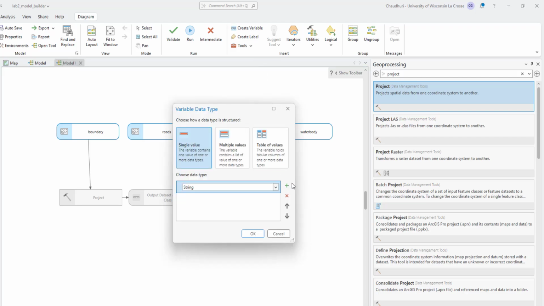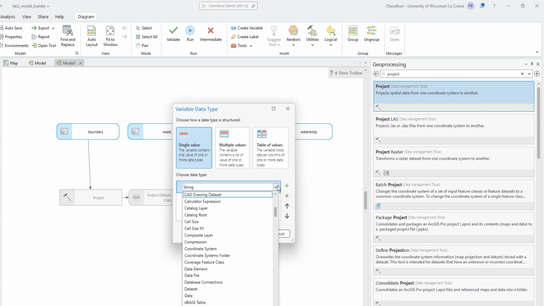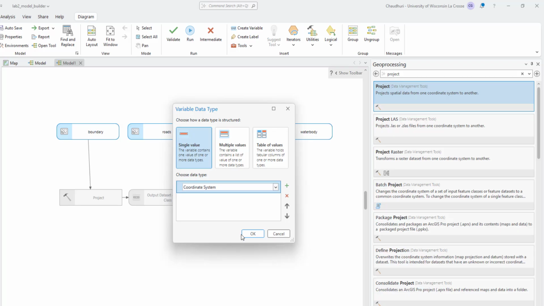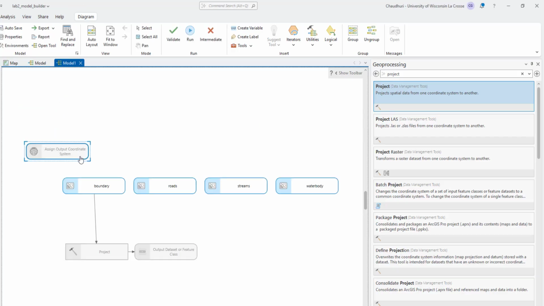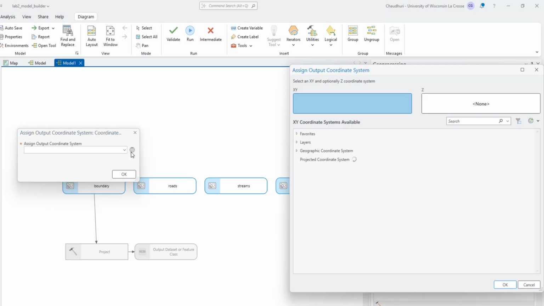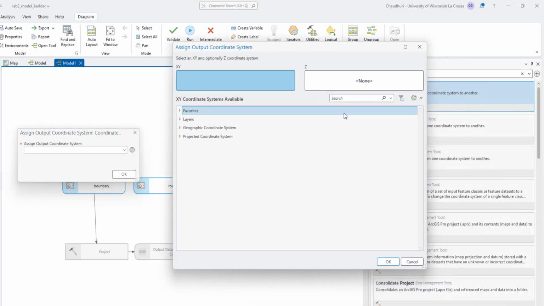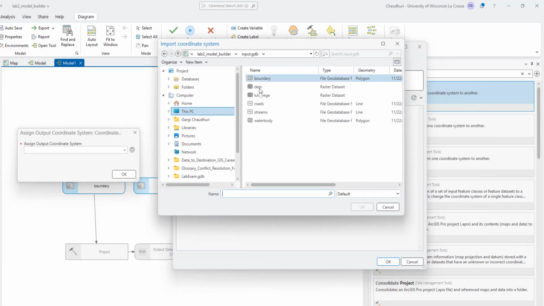Then we want the user to insert their own choice of coordinate system. So that's why I'm going to create a variable called coordinate system and assign your output coordinate system, so that the user can choose what type of coordinate system they want to use. In this case, we know that we're going to import the coordinate system from the LULC layer. So we'll go to the import coordinate system and navigate the geodatabase to find the LULC veggie,